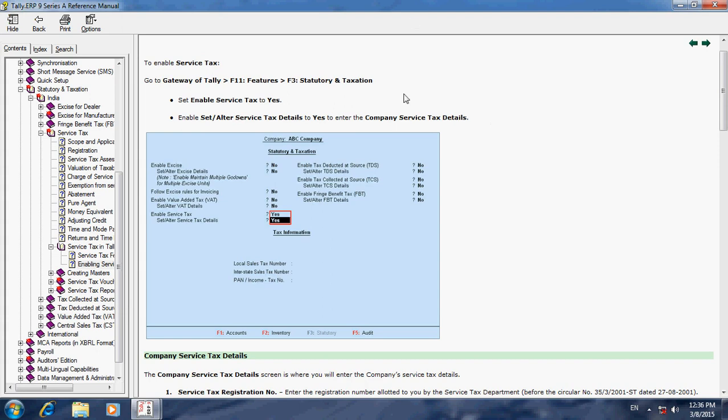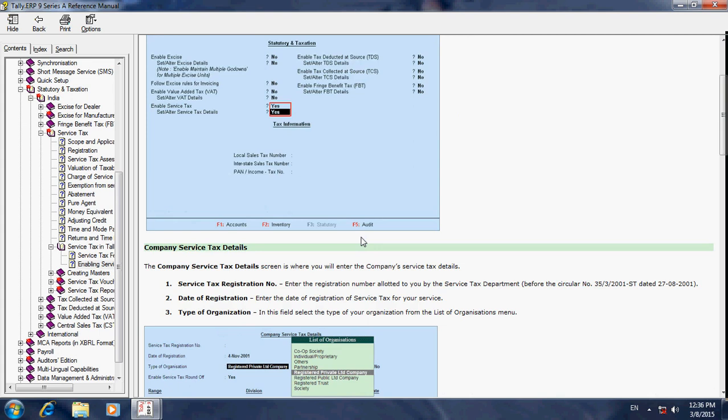To enable service tax, go to Gateway of Tally, press F11, Features, then press F3 for Statutory Taxation. The screen will look like this: Enable Service Tax, Yes. Alter Service Tax Details, Yes.